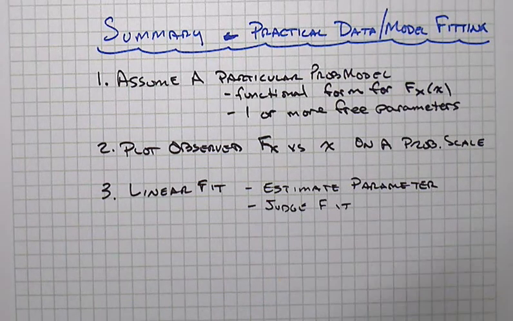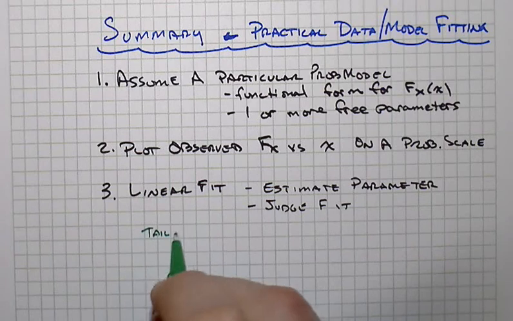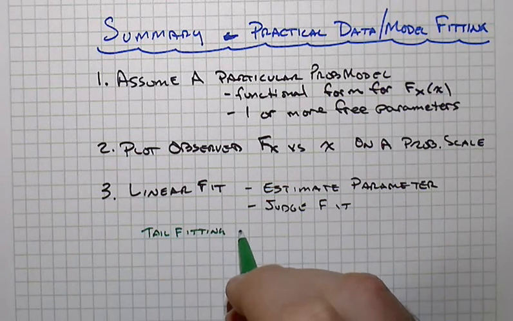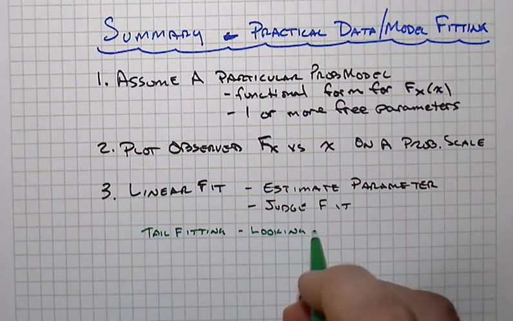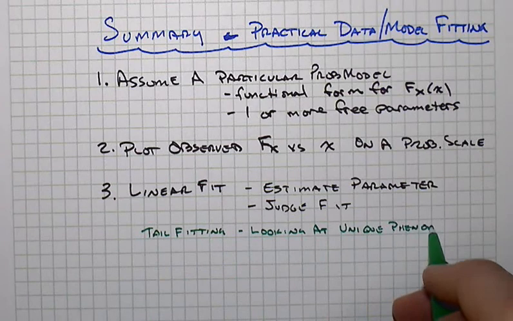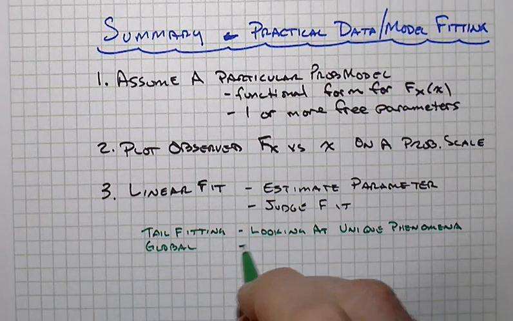And that's, of course, a tricky little deal, and part of what we do later on in hypothesis testing is come up with ways to have better estimates of that fit, or in parameter estimation we have some other ways to talk about that. And again, it sort of comes out to, if you're tail fitting, you're concerned about the extremes, well then you're looking at unique phenomena, and those don't come around very much, and so you have different kinds of issues and concerns that you're trying to address, as opposed to if you're just looking more at the body of the distribution, or more of the overall global kind of fitting,